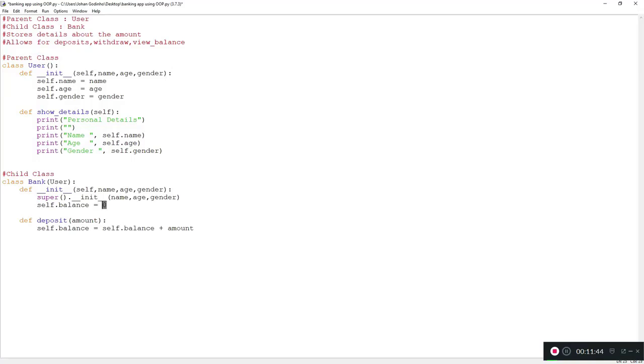So right now it's 0. If it was 100, it would say 100, and then add it to whatever amount is going to be passed through here. Now you might argue, why is this not assigned to the object? If you want to, you can. You could do self.amount in here equals, I don't know,